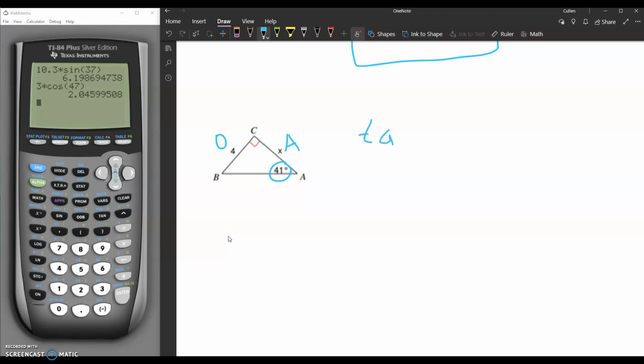So put your tan right here like you would with sine or cosine. Put 41 degrees inside of it, and you're still going to set it equal to opposite over adjacent. So opposite in this one was 4, that's that side length, and then adjacent is x, which you're solving for. Okay, this one's a little bit different because now you have an x in the denominator. To solve that, you're still going to multiply both sides by the denominator. So I'm going to multiply this side by x, multiply this side by x. So I'll have x tan 41